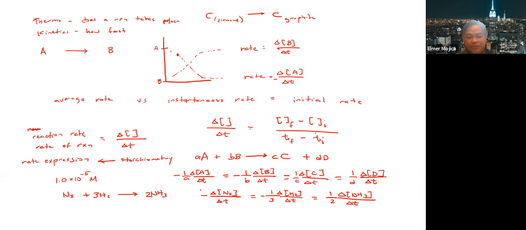So here, if you're going to look at this, what will happen? Kapag this with respect to that one, I have to multiply both sides by 3. So ibig sabihin, para maging delta H2 over delta T, I have to multiply that by what we call 3. So ito yung rate ng decomposition ng hydrogen when I have this rate of decomposition of nitrogen. And it shows, right? Because this is 3 times compared to the N2. Does it make sense?